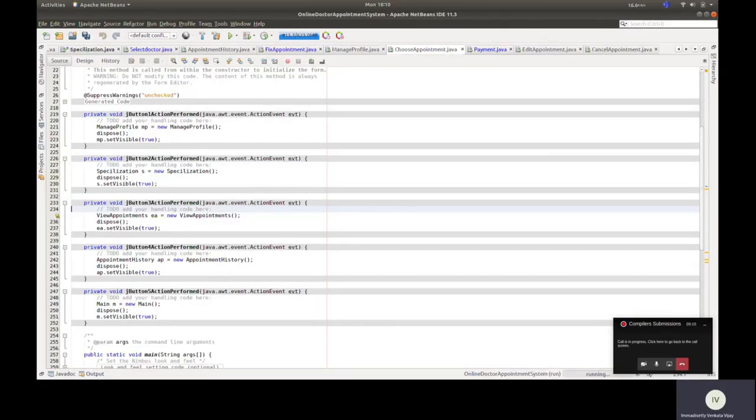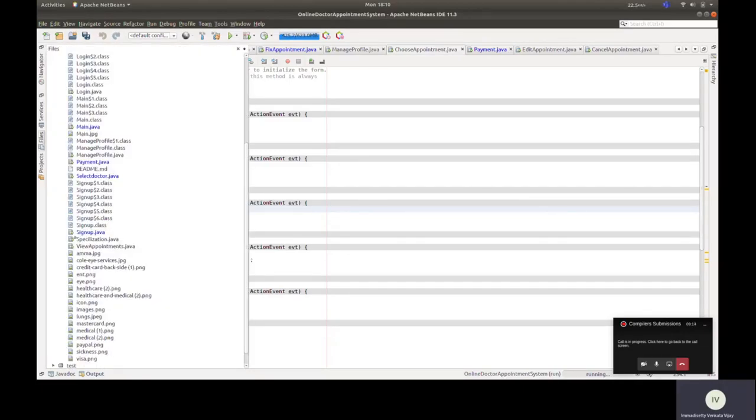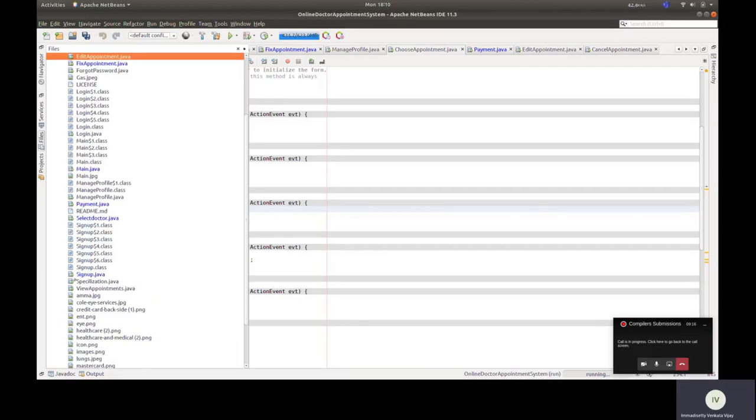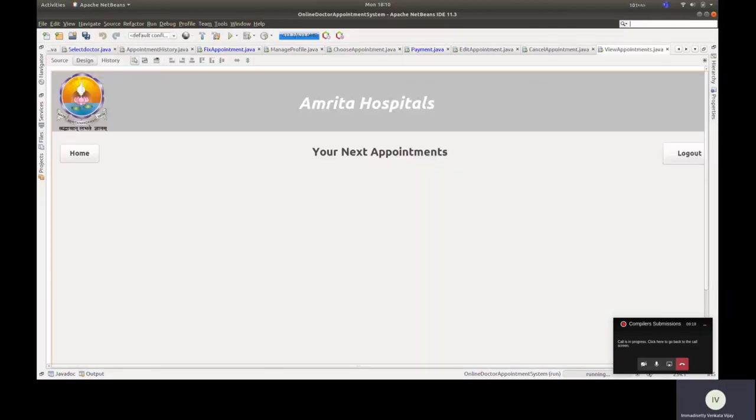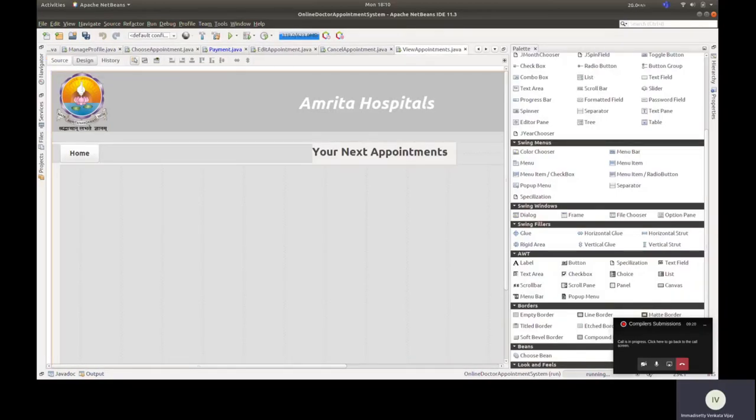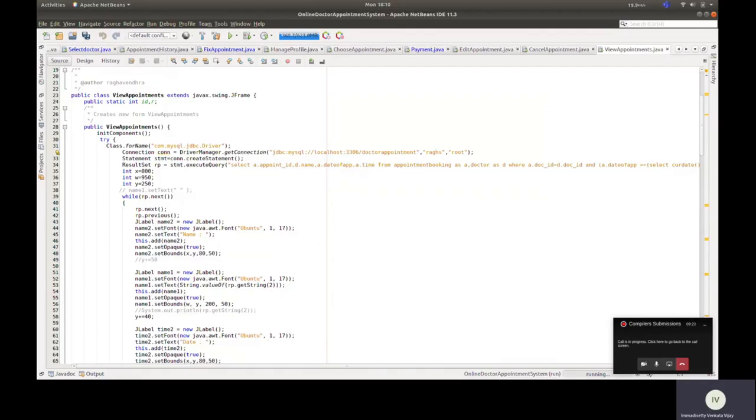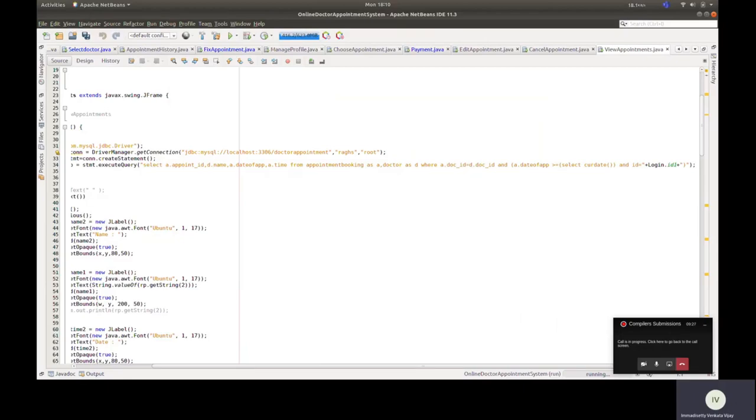View appointments page. In view appointments, we are taking all the appointments of the particular user.